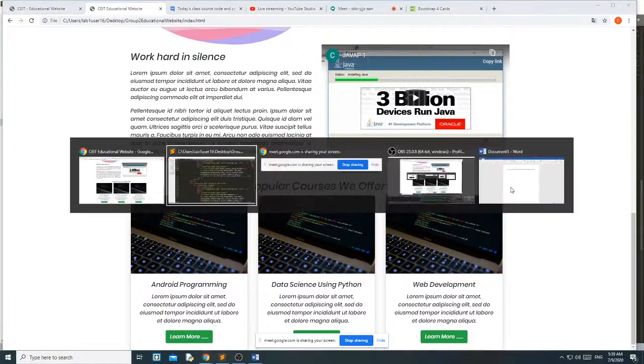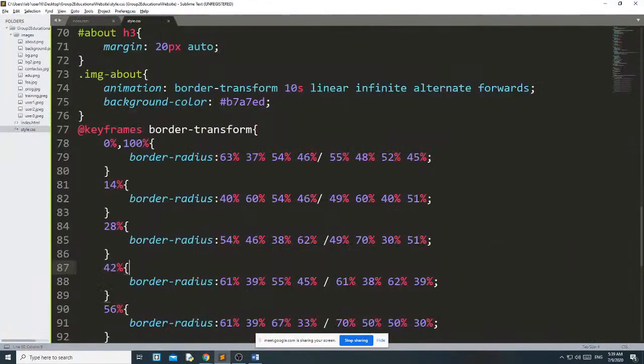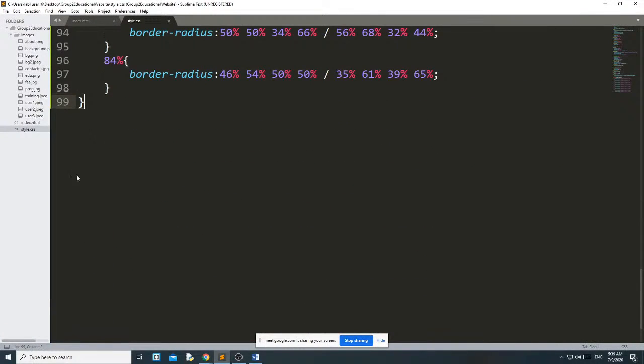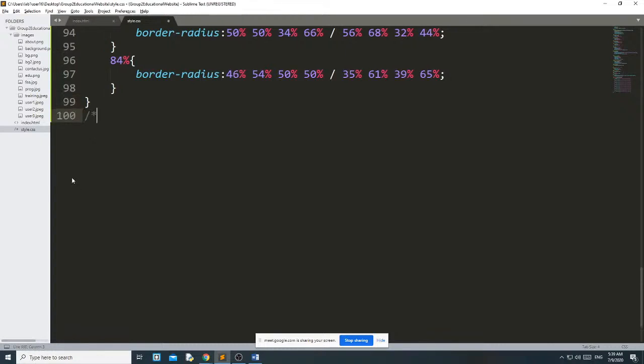Okay, then go to style. This is over. Here we will start courses. Okay, the first thing we need is the margin and padding for courses.